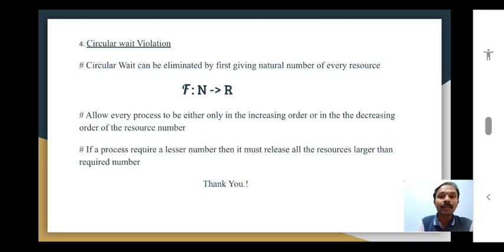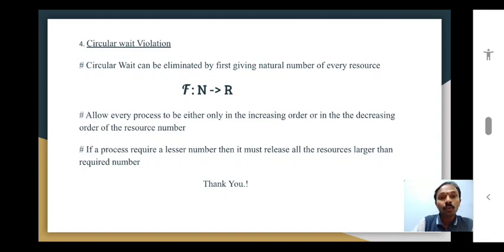So what will happen? We are aware here that, for example, we have 10 resources, right? So 1, 2, 3, 4, 5, 6, 7, 8, 9 and 10. What will we do to the 10th resource? We will not connect the 10th resource and the associated process with the first process, so that the circle will be broken, right? So break the chain, right? So circular wait will be easily violated.